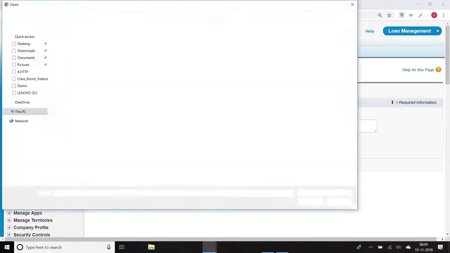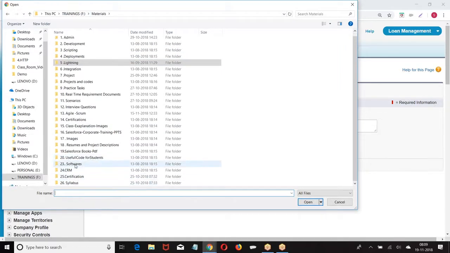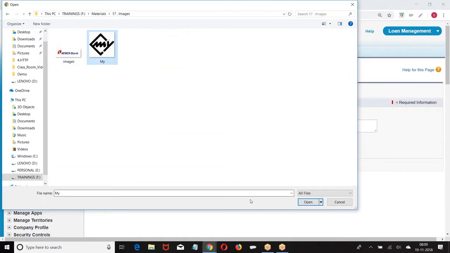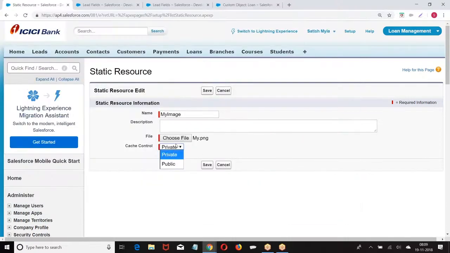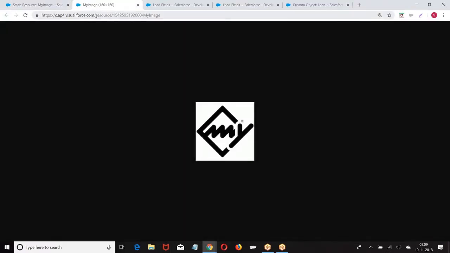Choose the image. I create it as a static resource. Click on view file. You are going to a URL, right? Copy this URL after .com, whatever the URL you have, copy it.